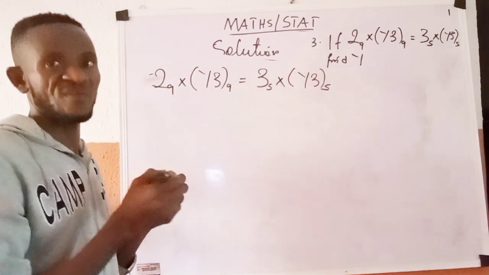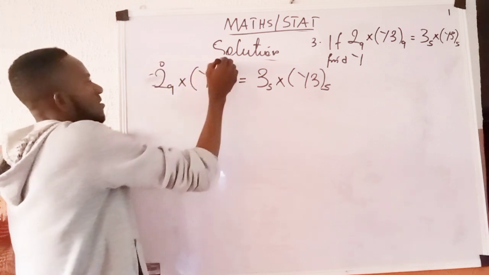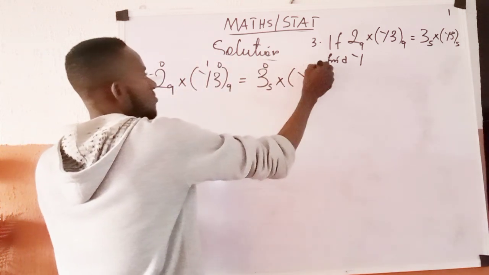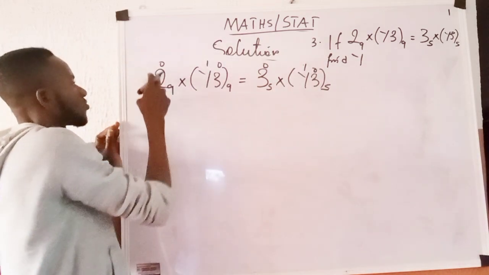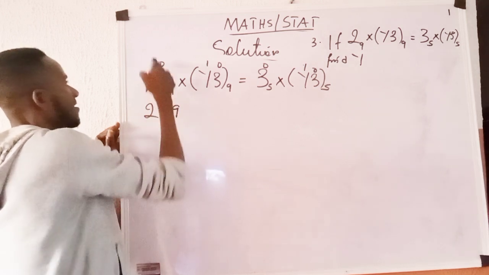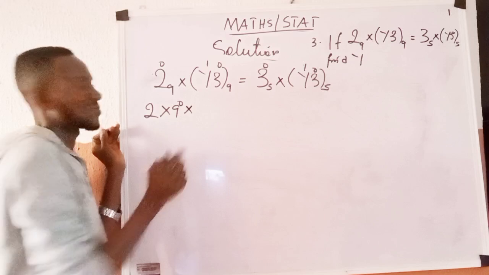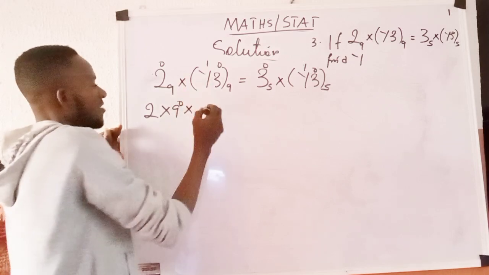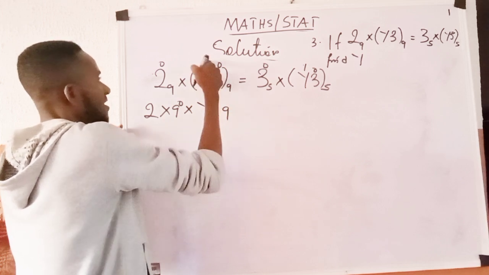That's what we have. So as usual, you come here. Put your 0, put your 0, 1, put your 0, put your 0, 1. So you begin. Here is only number 2, so you have 2 times the base, 9 raised to power 0. The sign here is times. Here it begins with y, so you have y times the base, 9 raised to power